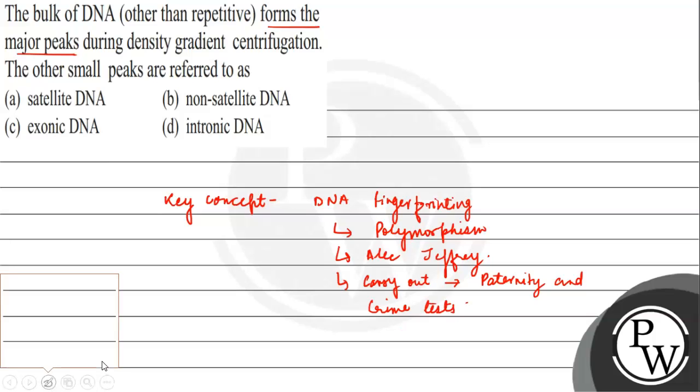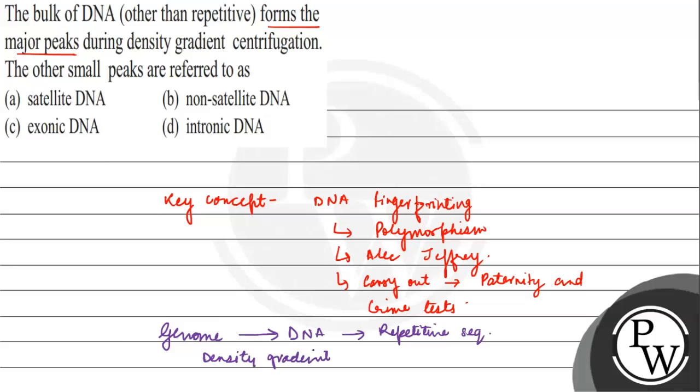Now moving further, when we talk about DNA fingerprinting, a sample of the genome is taken from a cell, and in the DNA we see that mostly there are repetitive sequences that form the bulk of this genome. Now when we carry out the gradient centrifugation, density